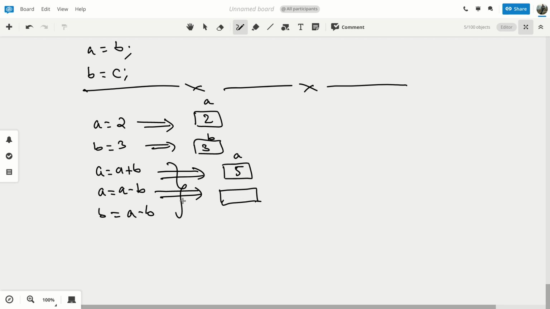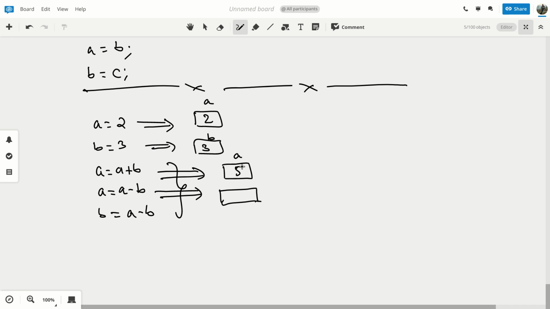Now again you are finding A minus B. So what is A minus B? You see, A is 5, so this will be 5. What is B? B is 3. So this will be 5 minus 3, which will give you 2. So this 2 will be evaluated as a single value of the expression A minus B, because A you changed recently, just above it.